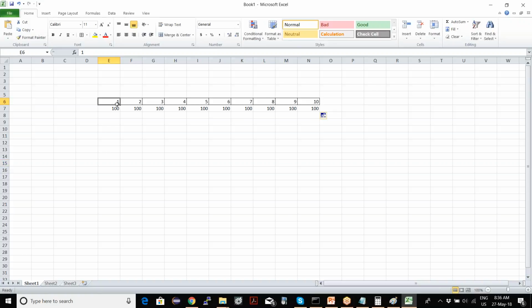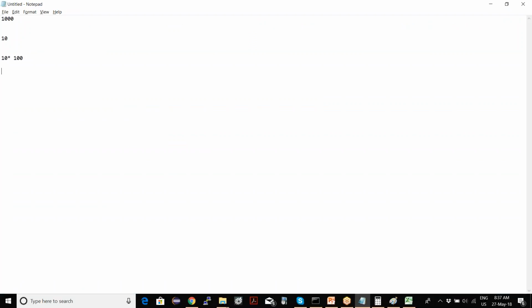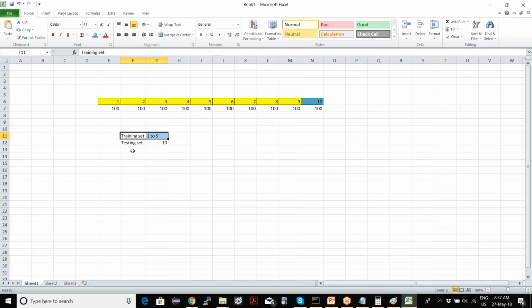What it will do is first pick 9 such groups and call it the training set, and the remaining one becomes your testing set. So your training set is 1 to 9 and your testing set is the 10th. On this training set it will do the logistic regression learning, and it will test on this last group.